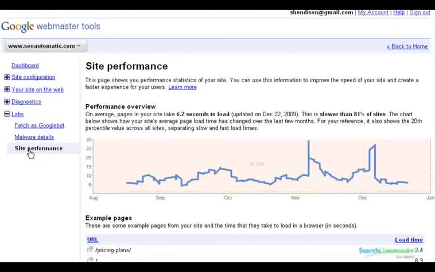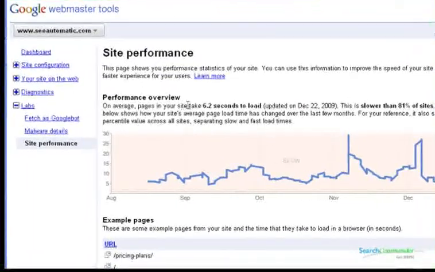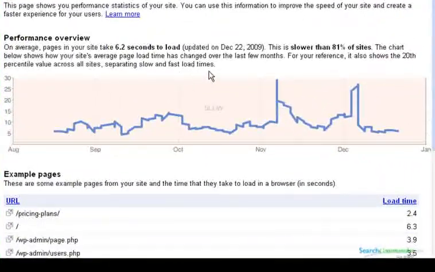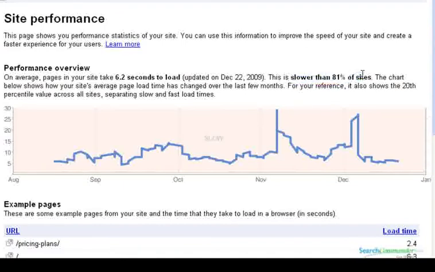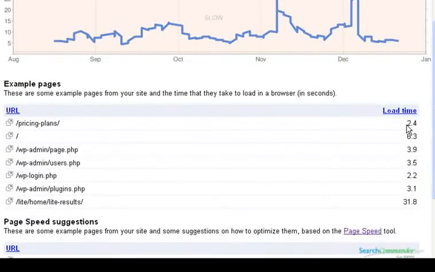If you look at the new site performance area in Webmaster Tools, you can see where your site performs compared to the rest of them. In this case, mine is slower than 81% of the other websites out there. Pretty embarrassing. Scroll down, it shows some of your